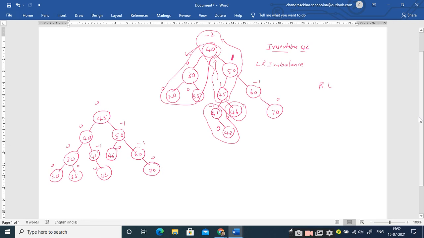Yes. Right. So for explaining this particular concept, I just want to repeat it. From the point where the imbalance has happened, from that node you have to give the solution, and from the node where it is violating you have to consider only 3 nodes, and based upon the imbalance you apply the solution and you will get the result. Is it clear? Clear, sir.